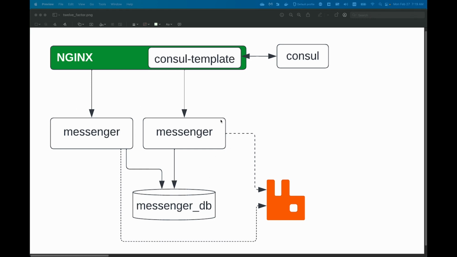We'll be running multiple instances of the Messenger service, with NGINX acting as a reverse proxy and load balancer to distribute traffic. We'll also use Consul to keep track of the instances of the Messenger service that are ready to receive that traffic. Before we jump into code, let's take a look at what the 12-factor app has to say